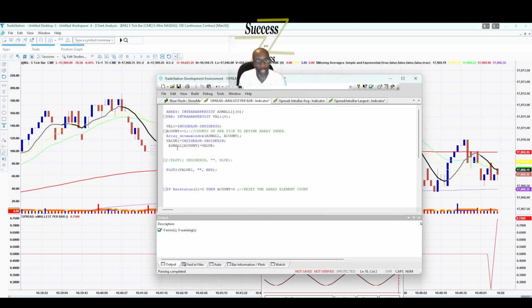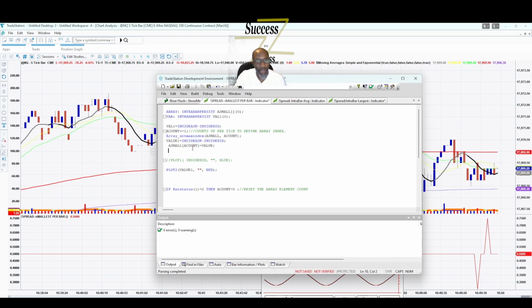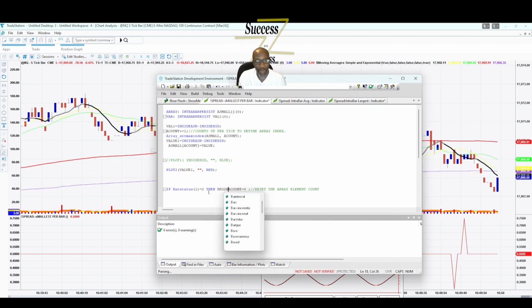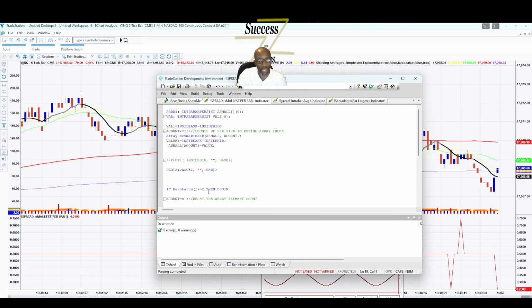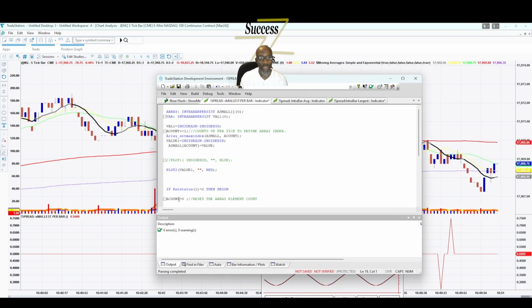All right, and then we're just going to keep doing that every time we get a new bar. Every time we get a new bar, we're just going to keep adding to how many is in the array. So now when we get to bar status 2, if bar status equals 2, then we're going to do multiple things here. We're going to begin, so resetting the count is going to be the last thing that we do. But before we do that,